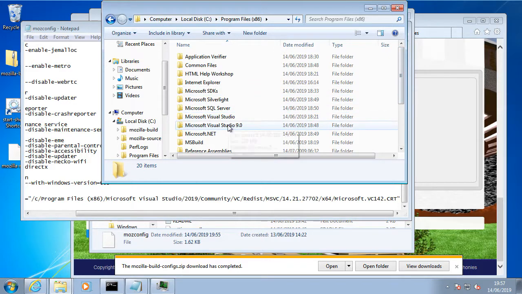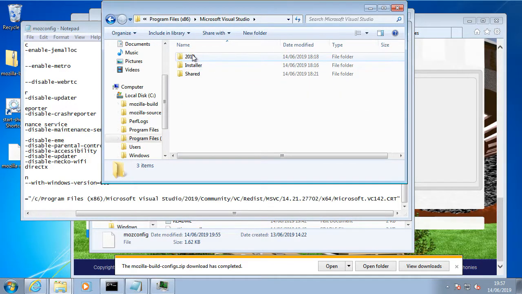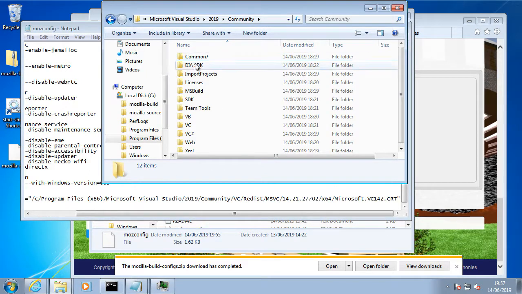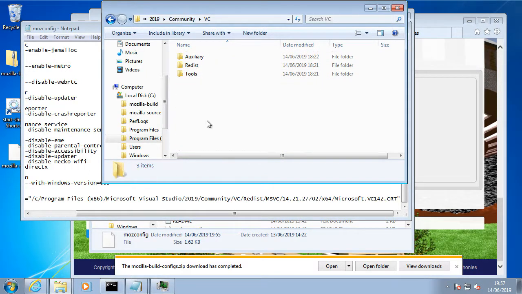Yes, it's Visual Studio 2019 Community, VC, Redist, MSVC. So as long as this, you gotta make sure this number is the same,